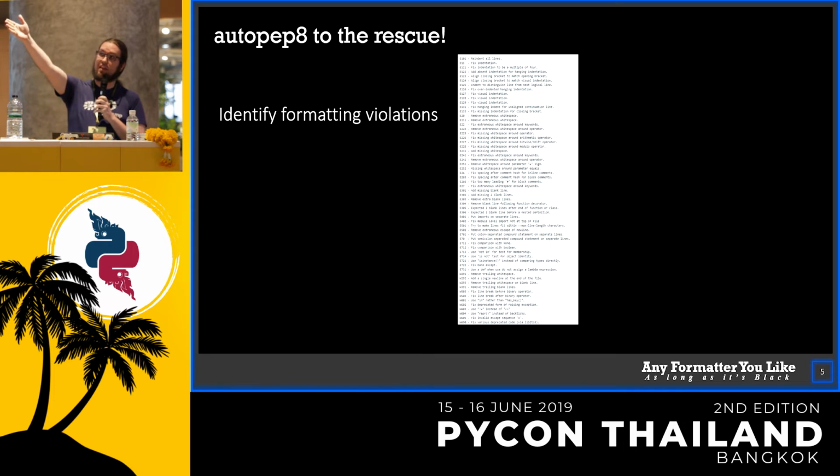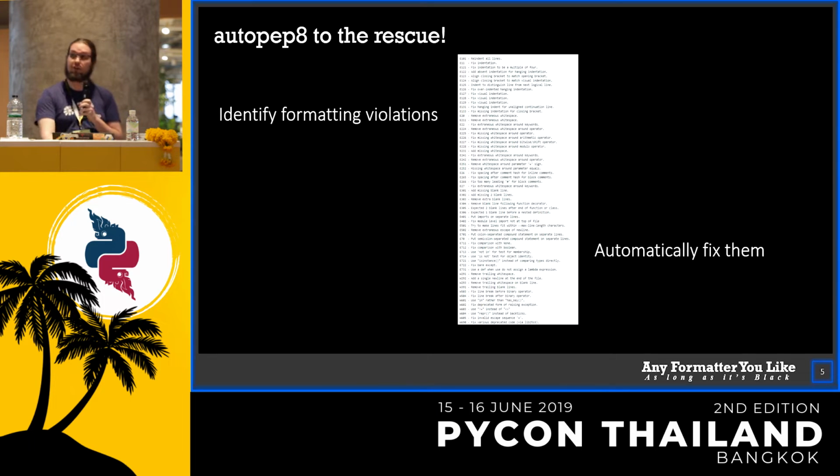So autopep8 applies these rules, and once there's a problem, it automatically fixes your code to no longer violate these lint rules. Now the problem with autopep8 is that anything that does not violate these rules will not be touched by autopep8. So anything that does not violate these specific rules will still have different code styles. So it doesn't really solve the problem.